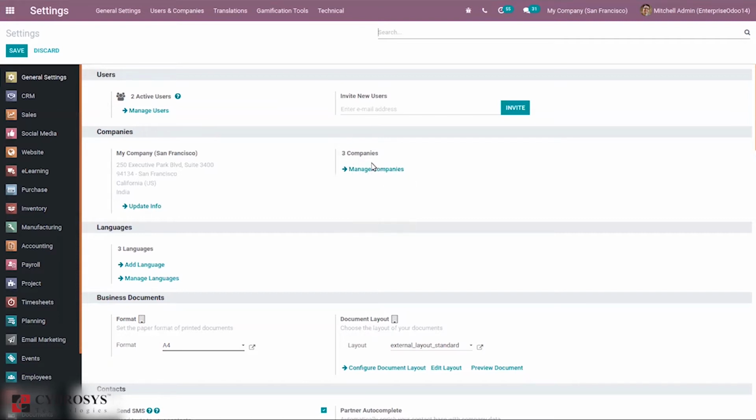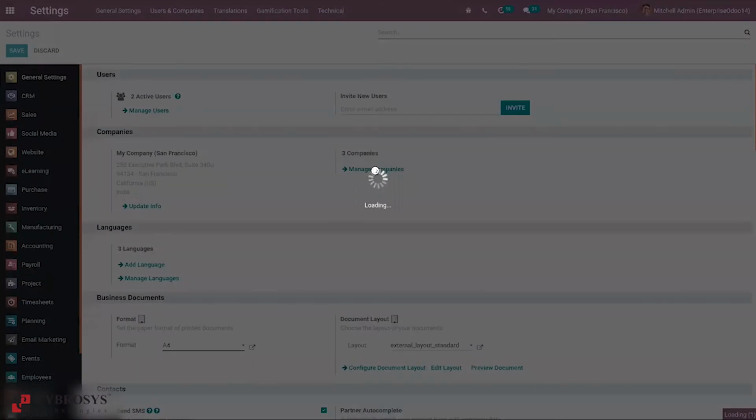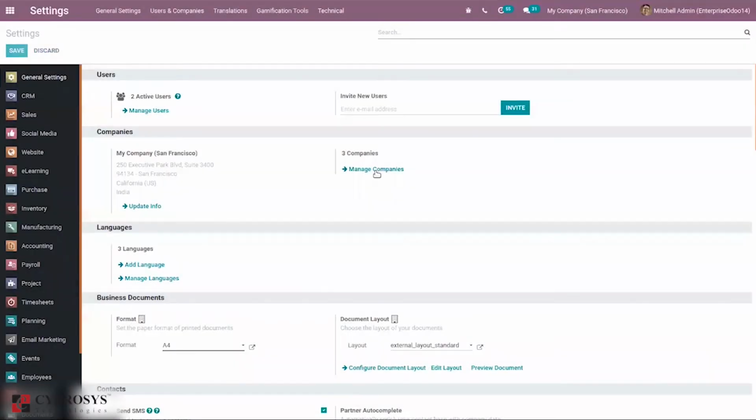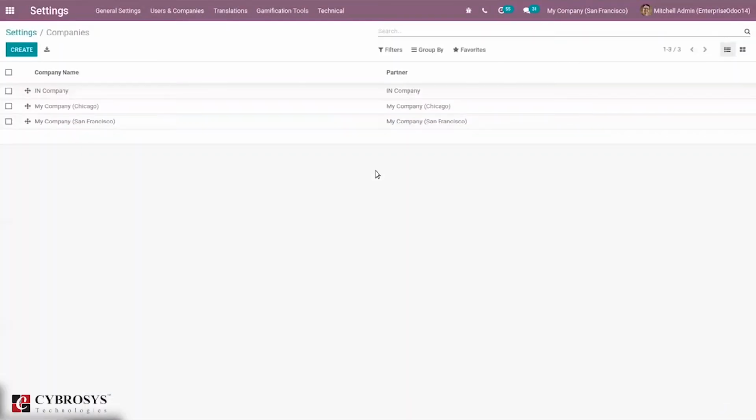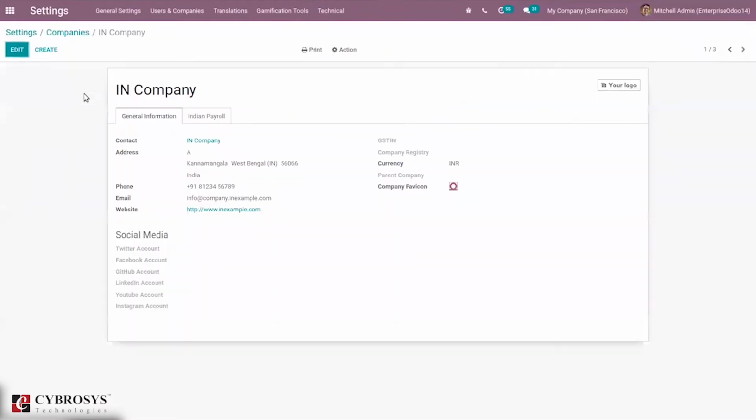Already three companies are created. So when you open this, you can see all the created companies. You can see My Company Chicago, My Company San Francisco, and IN Company. If you open one, you can see all the details.